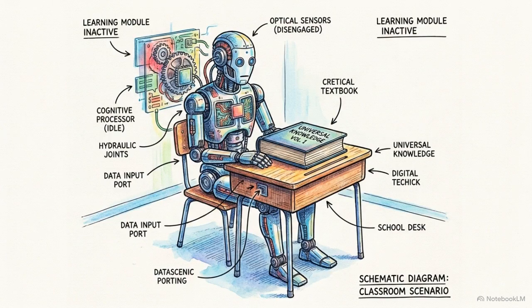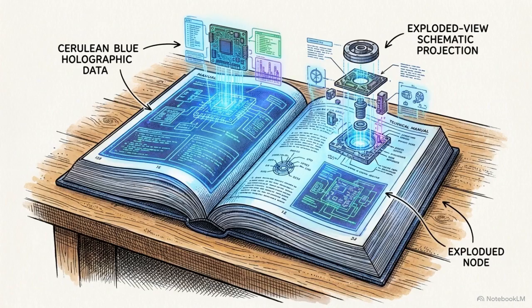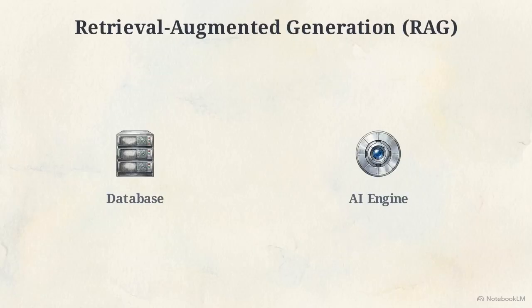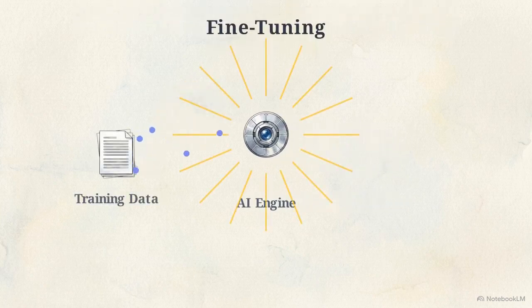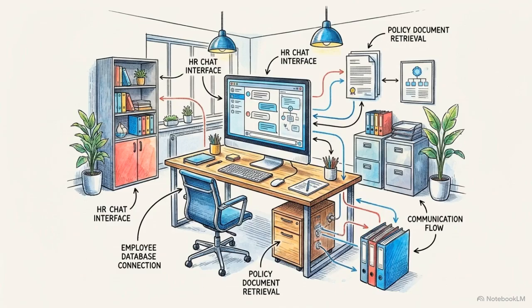Think of a standard AI as taking a closed book test. It only knows what it memorized months or years ago. The shift to Retrieval-Augmented Generation, or RAG, changes the rules to an open book test. With RAG, before generating a word, the AI searches a trusted database. It retrieves the verified document, then summarizes that context. This differs from fine-tuning, where the model absorbs data into its internal weights, rather than using an external lookup for real-time verification. But an open book is only useful if the pages are accurate.